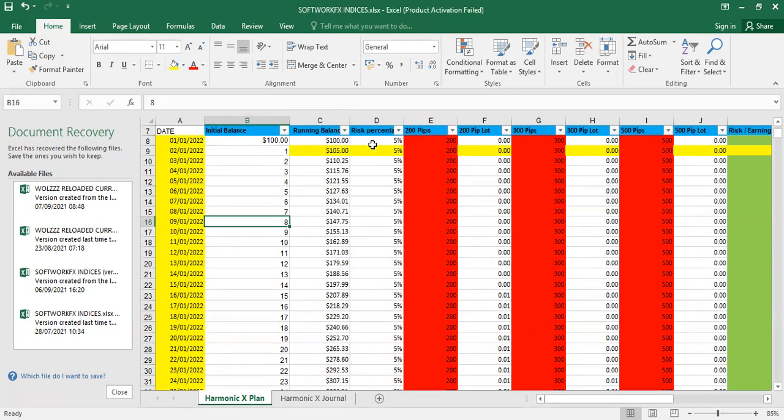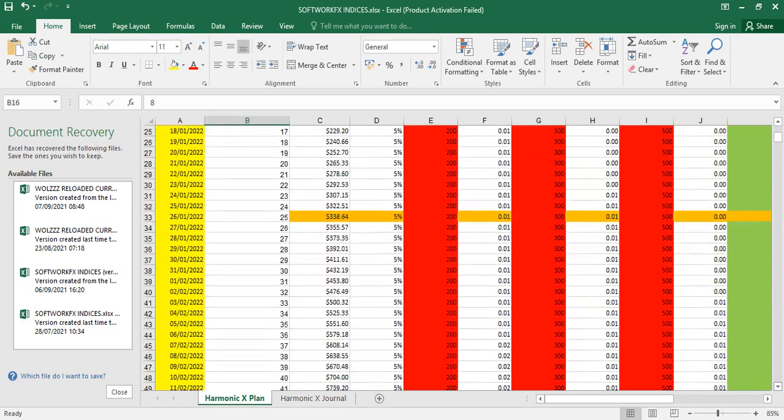Like if you are able to make 5% on $100, that's 105. If you are able to make 5% of 105, it will give you 110. If you are able to make 5% of 110, it will give you $115. So on, if you go like that with your $100 in the next 30 days, you would have turned it to